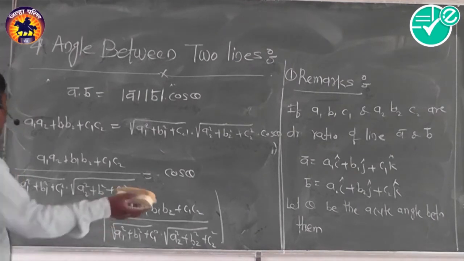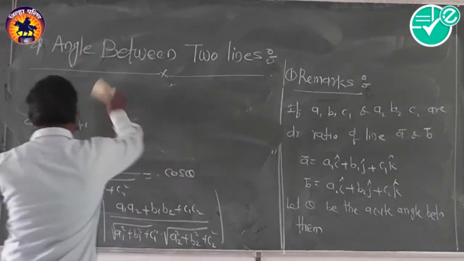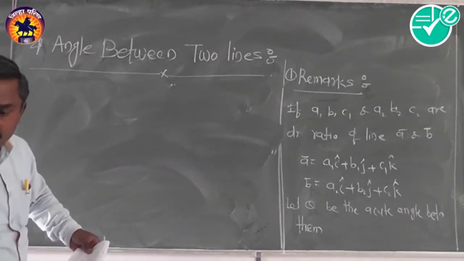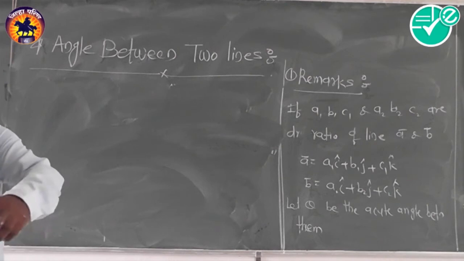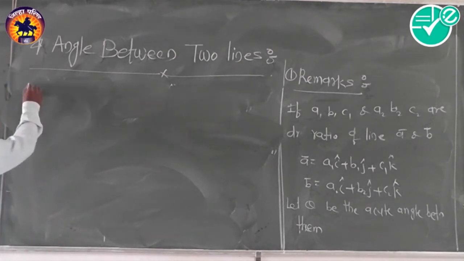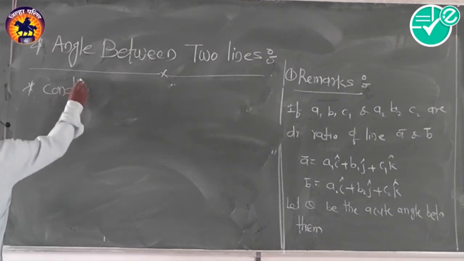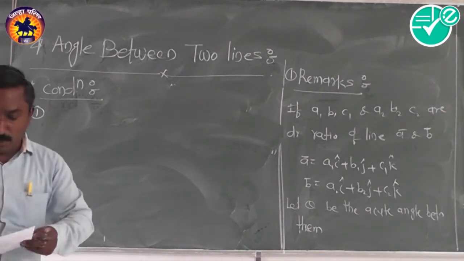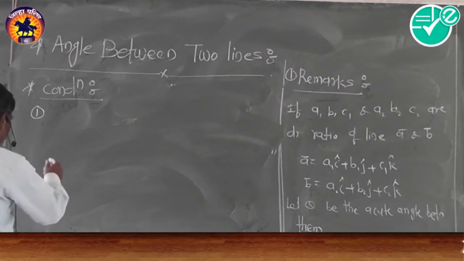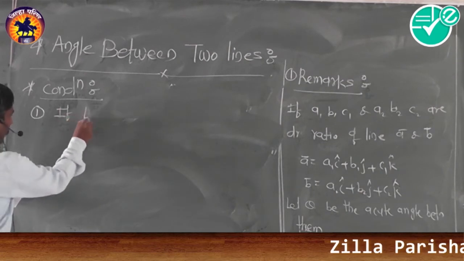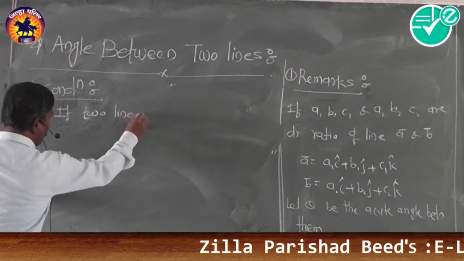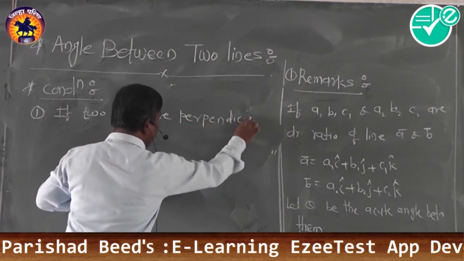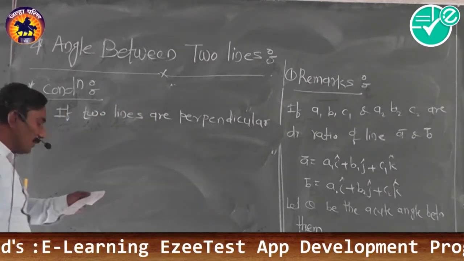Now we will see the conditions of the two lines. First, see the conditions for parallel and perpendicular lines. If two lines are perpendicular, then